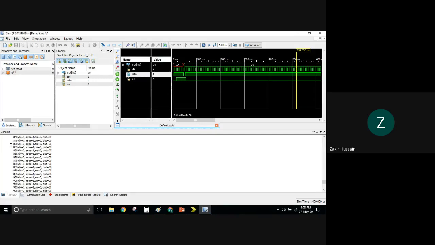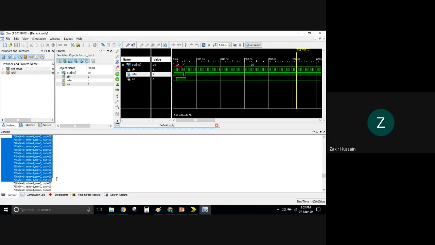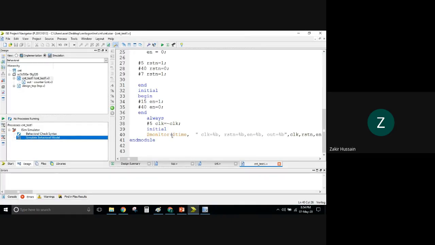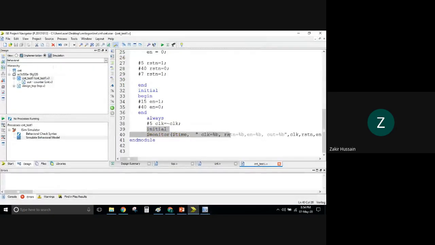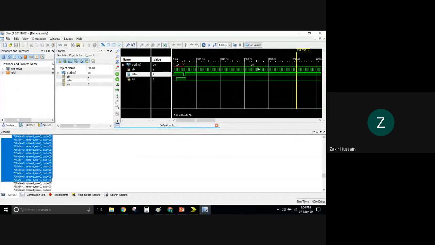This print on the console happened just because of this dollar monitor. You cannot use dollar monitor standalone. It should come under the procedural construct, that is initial. So without initial, if you use this dollar monitor, then you will have errors. So the usage of this has caused this display. And without this also you can run the simulation, no problem. Only thing is you will not see them here in the display. You have to see only in the waveform window.